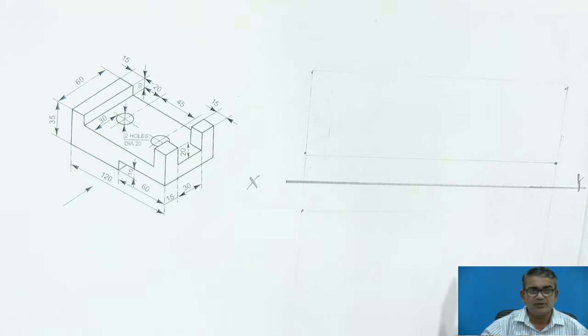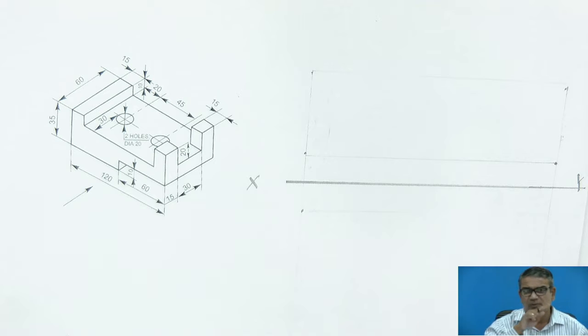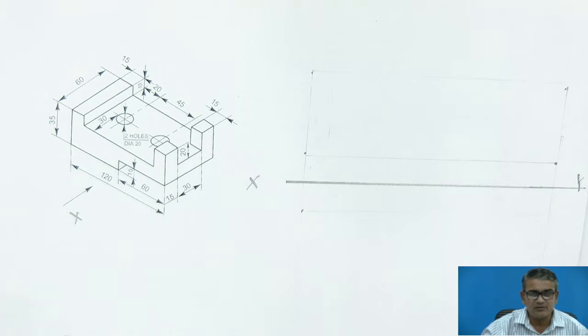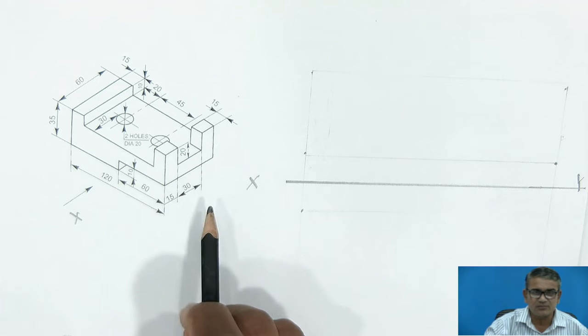First of all, when you have to draw the drawing, when you see the drawing, check the maximum dimensions. What are the maximum dimensions in the front view? With respect to that, you have to make an outline, a border line. In the direction of x, you stand here and see the particular object. So the front view is in the direction of x. When you see the object from the front, what is the maximum dimension?